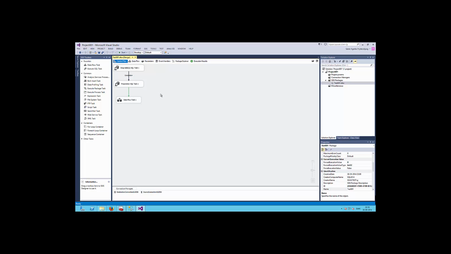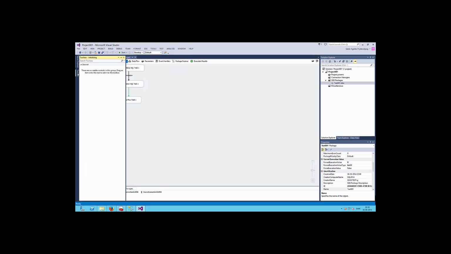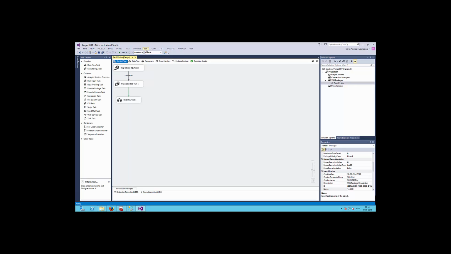All these tasks here is actually something I have chosen from my SSIS toolbox. And it's always difficult for new users of data tools to find this toolbox, because when you start up data tools, then you have something called toolbox, and if you click, then it's empty. SSIS toolbox is placed under the SSIS menu. I have it here, SSIS toolbox. So control flow actually means that this is the way the program is running, and we have added 3 tasks from the SSIS toolbox. I could add more.